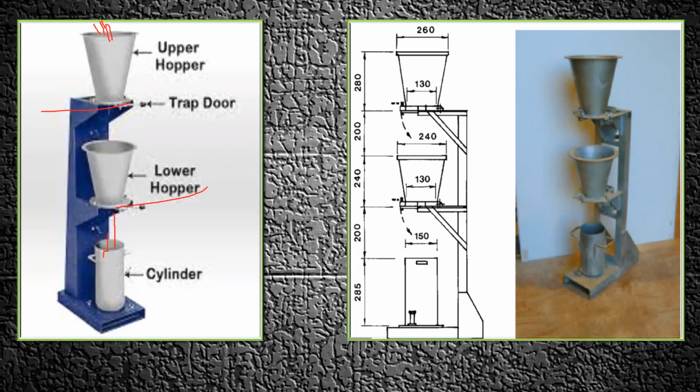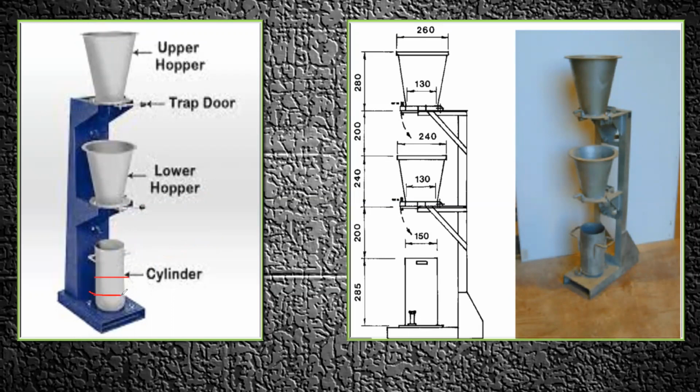Once the concrete is poured in the cylinder, you have to weigh the cylinder. That's it, done. After that, here you are not doing any compaction, there is self compaction happening, you have not done external compaction with the help of a tamping rod. But in the second mix, again you have to make use of the same concrete. Next, you are supposed to fill the concrete directly in the cylinder. But when you fill it in the cylinder, you fill it in layers, and then you do the compaction.